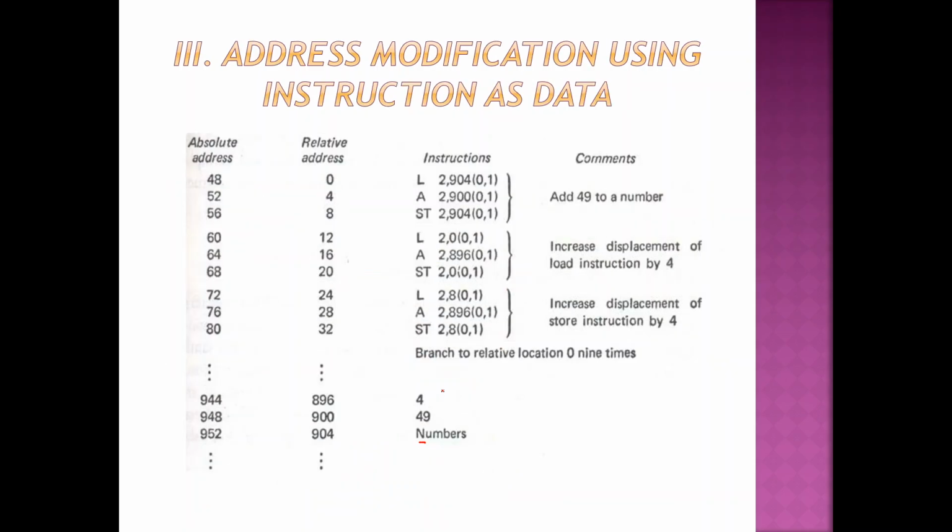Yes. The next one, there is another technique we are trying. Actually the index register technique is the best, right? But still we also have another method. I should have actually explained this method before the index register method, but it is a little more complicated, so I wanted to keep it for the last. Out of all the three, the index register is going to be the most efficient method. But still I wanted to explain this program to you. This is another method.